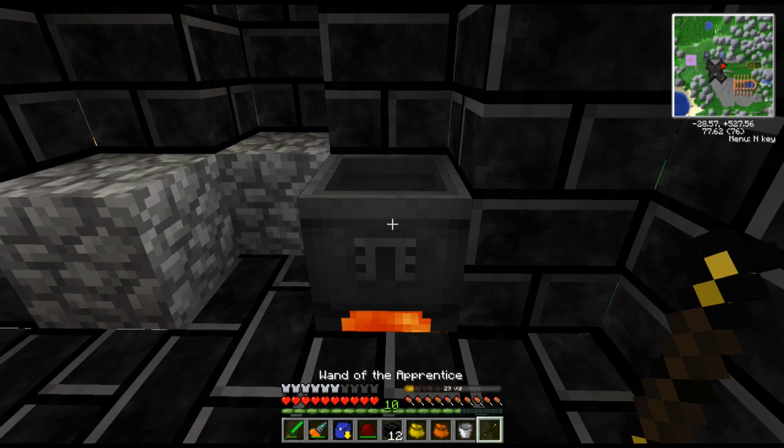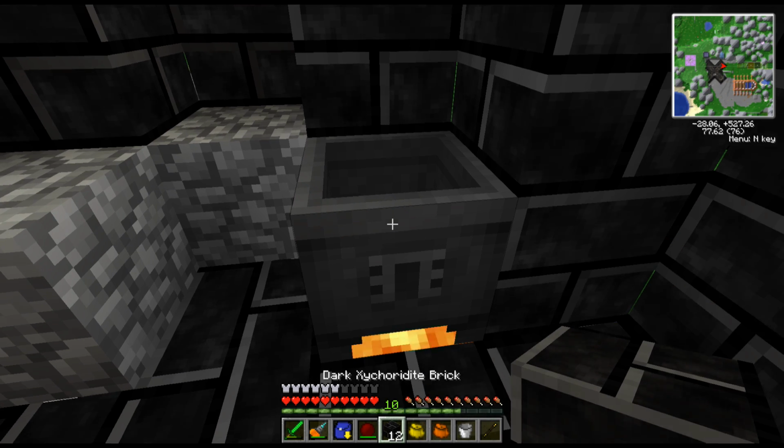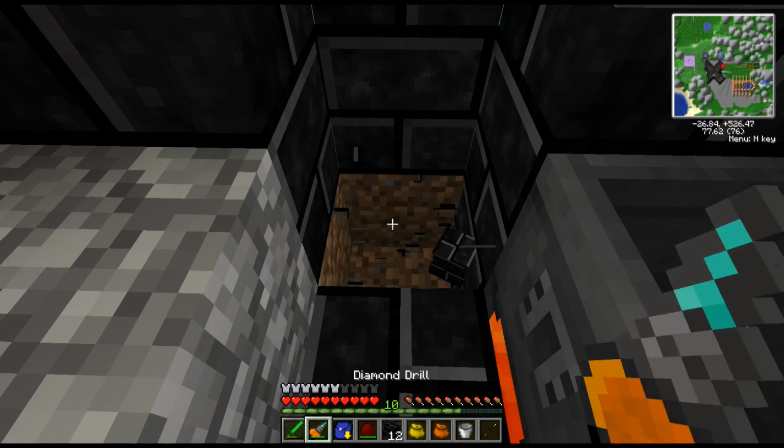Bam! See, it took some of the vis out of the wand. It's going to quickly recharge it out of the air. And we've got a Crucible. Really cool. Now, we're going to have to provide that thing with water. And the way we're going to do it for now...